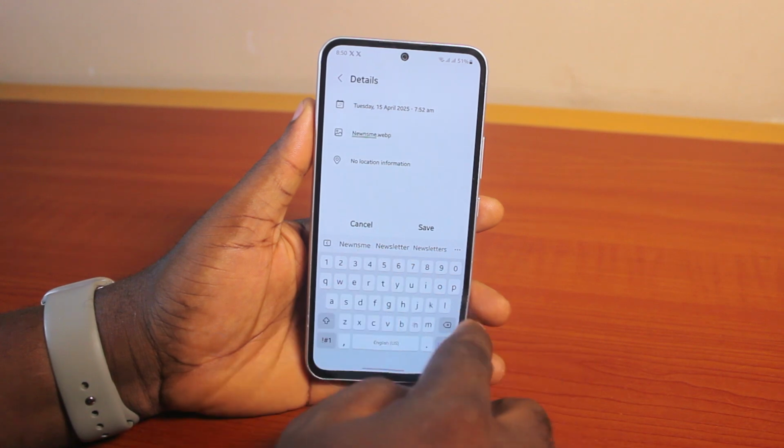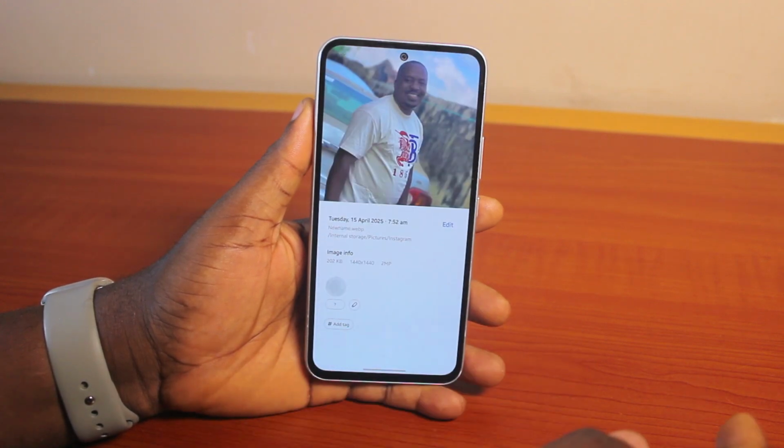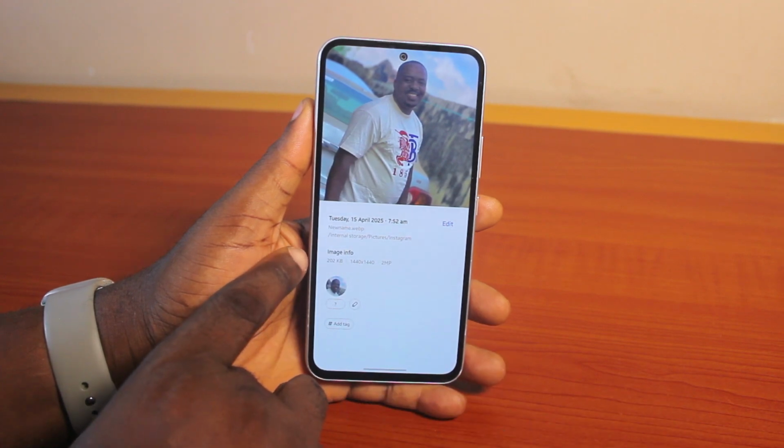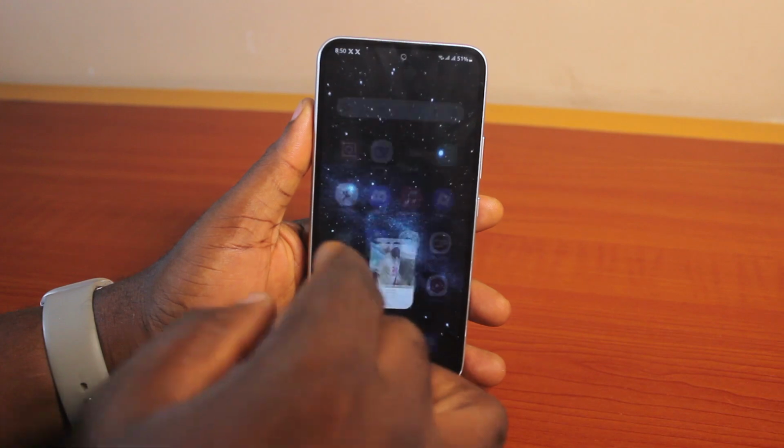Locate and click on save once you type in the new name, and that is it. Then you should see the new photo name changed, and then you're good. So that's exactly how to change